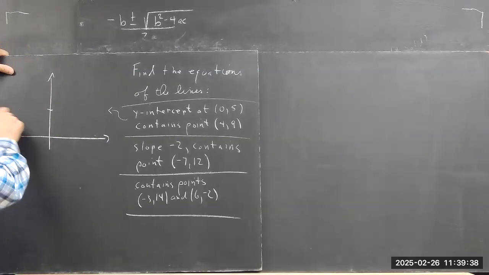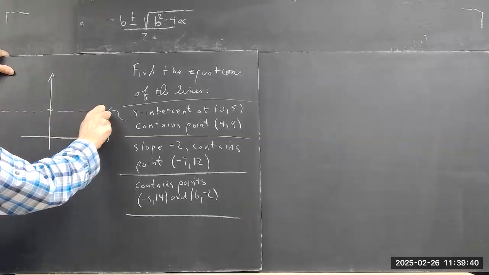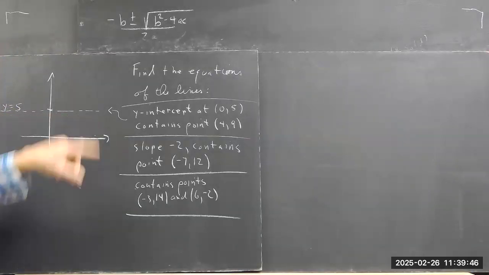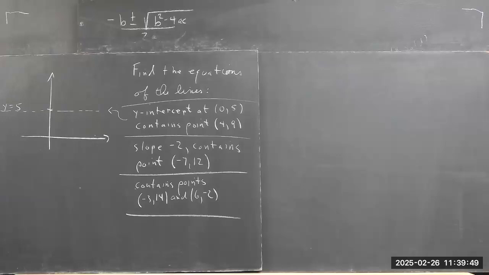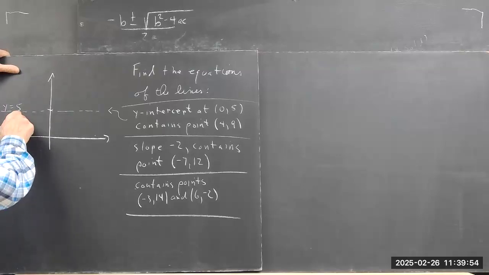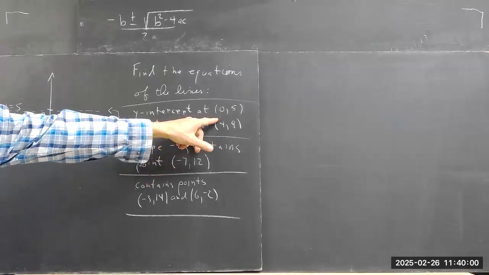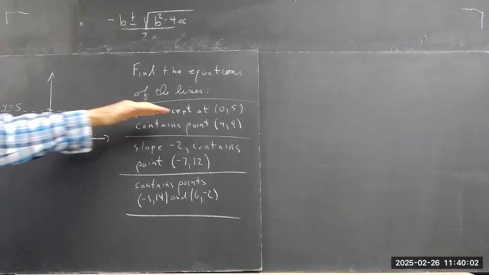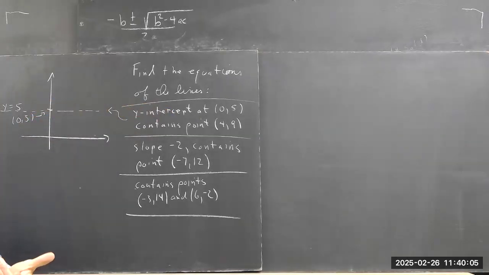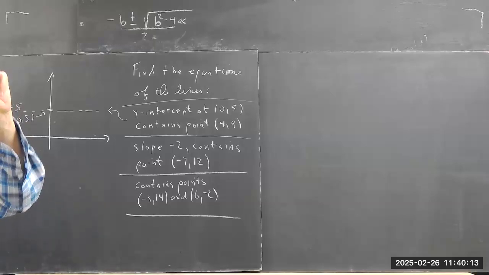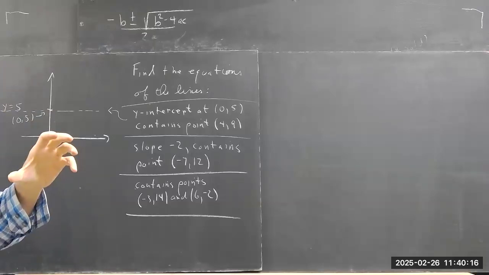That's the point (0,5). I would really like to see you sketch the line y equals 5. I don't necessarily require it, but you're going to be better off if you do. You agree that if this point is (0,5), then every point on this horizontal line will also have y coordinate 5, right? This just helps you get better at thinking in terms of the graphs and what they mean in the